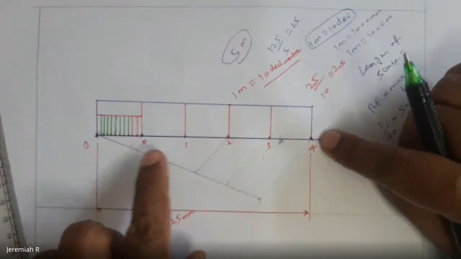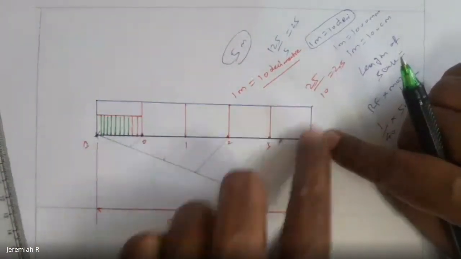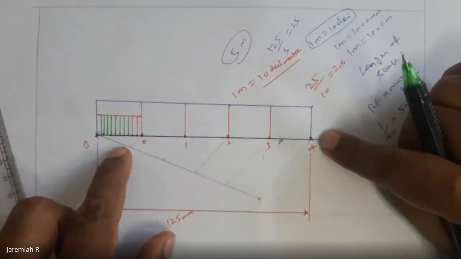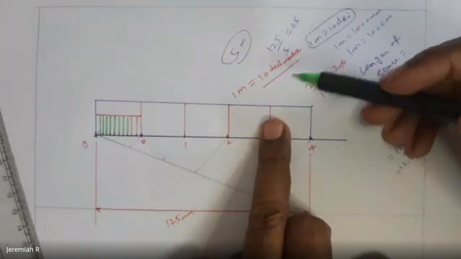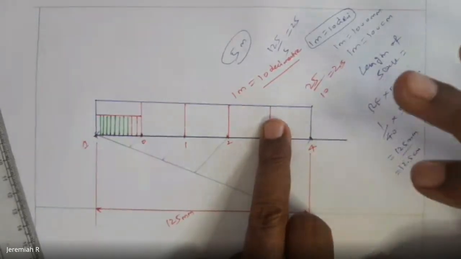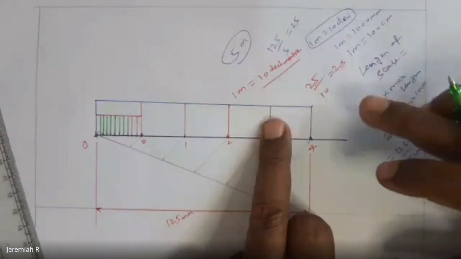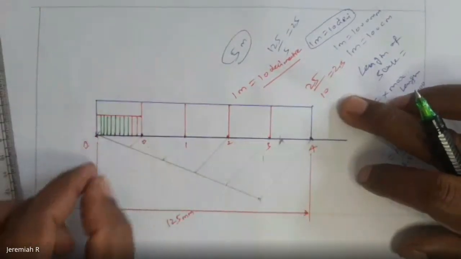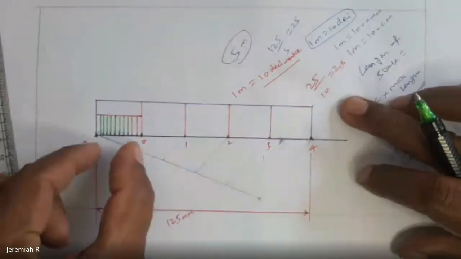Here just give 0, 1, 2, 3, 4. Here give 1. From this draw a vertical line, and somewhere in the middle, draw a horizontal line. Then divide this into 10 equal parts. Why am I dividing into 10? Because the problem gives 2 units. Usually the scale is centimeter and inches, but this problem says construct a scale for meter and decimeter. So 1 meter is 10 decimeter. Each gap is 1 unit, 1 meter. The gap is 1 meter, 1 meter, 1 meter, 1 meter.